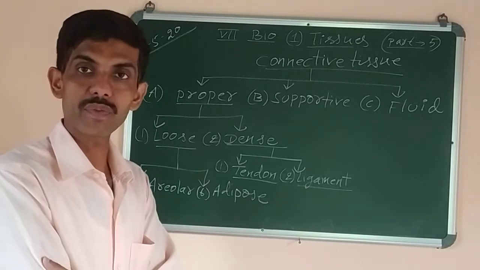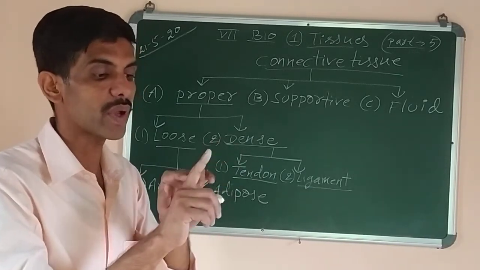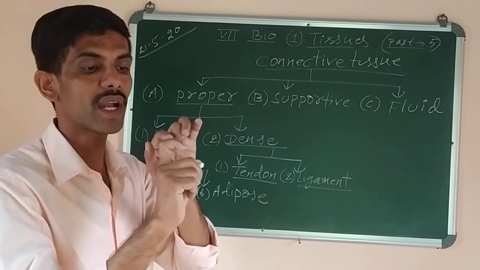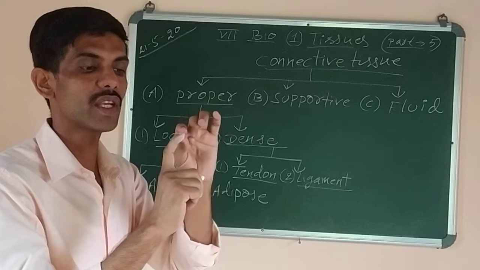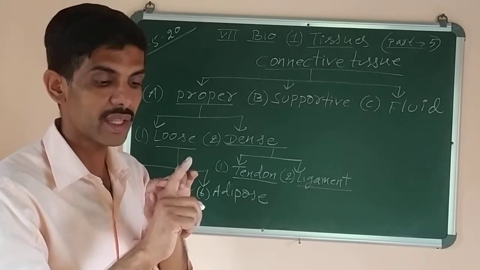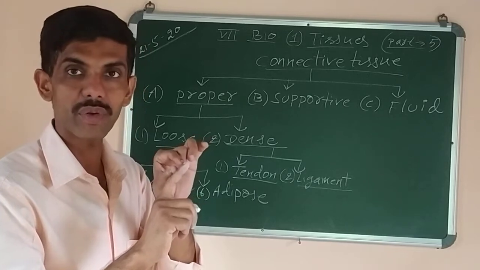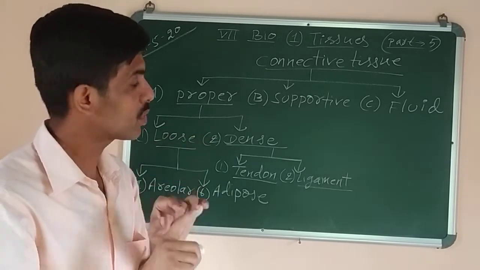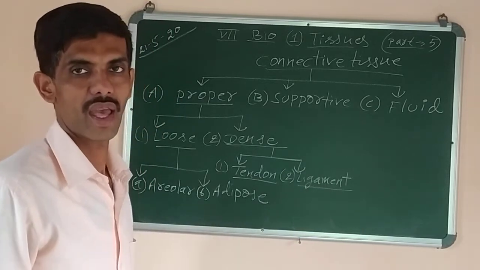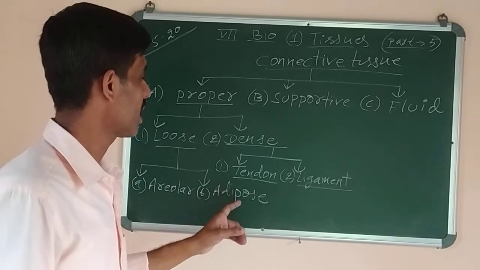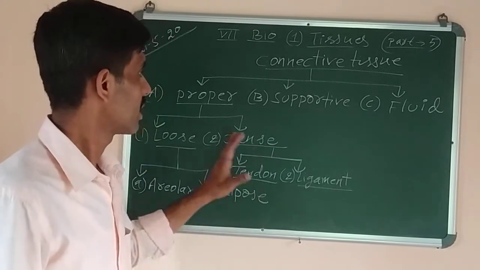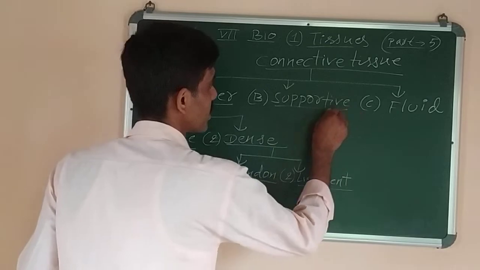So we have many pieces of bones, like in our finger also we have the bones. Here we can see, if I bend my finger, one bone is here, another one is here, one more here. Like 3 small bones are fitted in our finger bone. And they are joined with each other. So that tissue which helps to join these small bones, that is called ligament. And the tissue which helps to join our muscles with the bones, that is known as tendon. Got it?